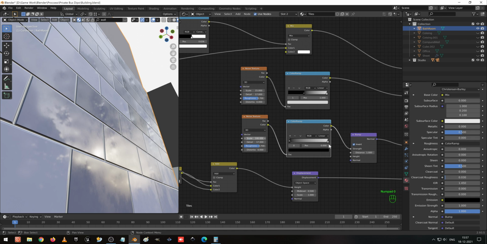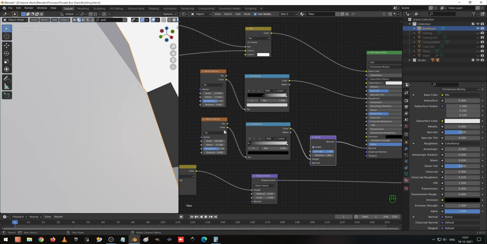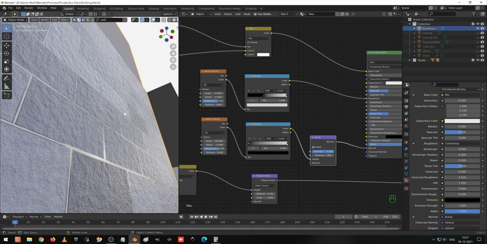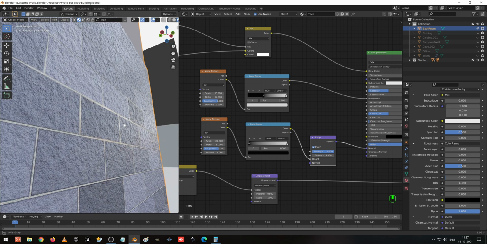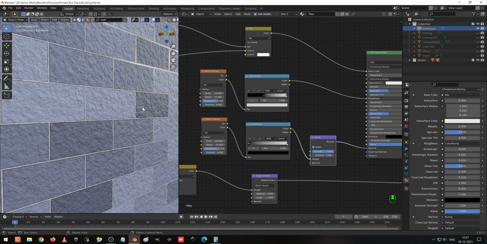That's 100, and we can adjust and see. Sorry, I mistakenly gave it in strength. Actually we have to give it in height. I don't know how it's going to come. Yeah, it came out perfectly for us. So now this is one more design for the tiles we can give.